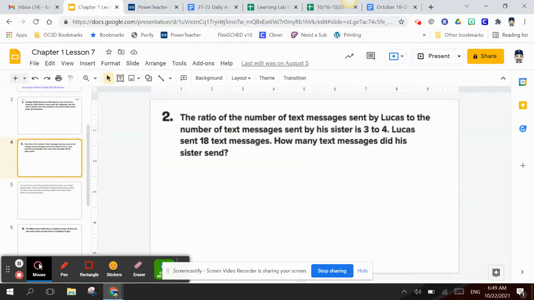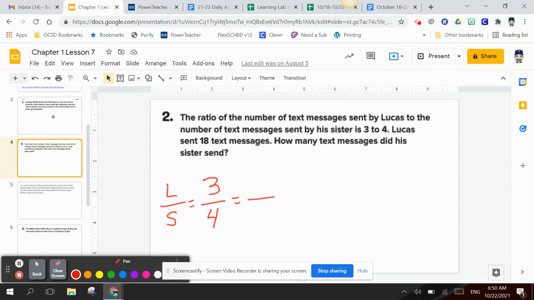If I look at example 4, it says the ratio of the number of text messages sent by Lucas to the number of text messages sent by his sister is 3 to 4. For every 3 that Lucas sends, his sister sends 4. So it says Lucas sent 18 text messages. How many text messages did his sister send? Well, if I set this up as a ratio of 3 to 4, with Lucas being here and his sister being here, if Lucas sent 18 text messages,